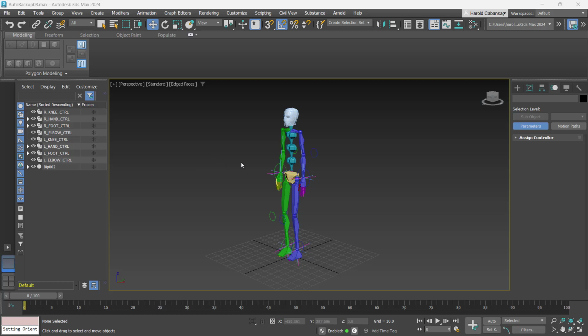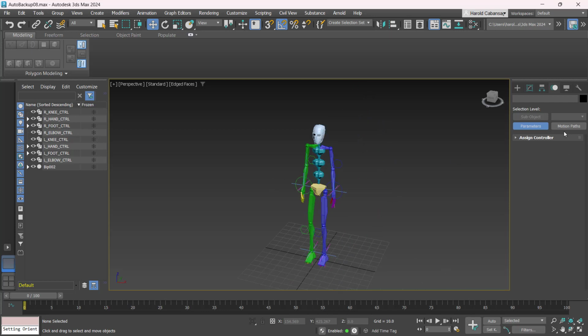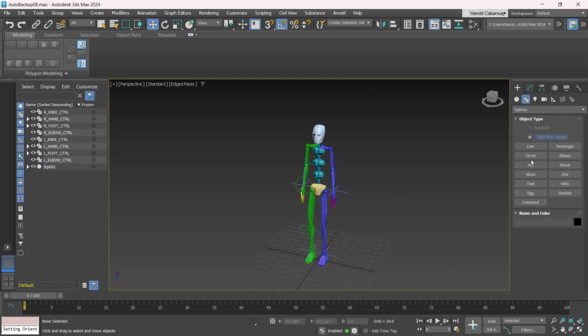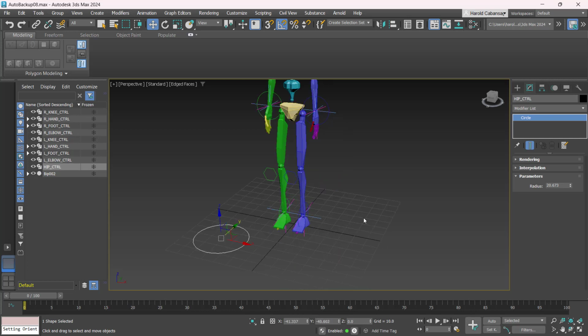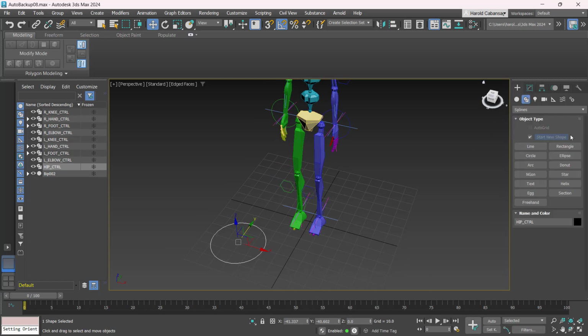Okay, so this time let's create controls for the spine. I'll create several shapes, such as a circle. This is going to be for the hip control. Put it here for now. Let's just put it there. And then I'll go for